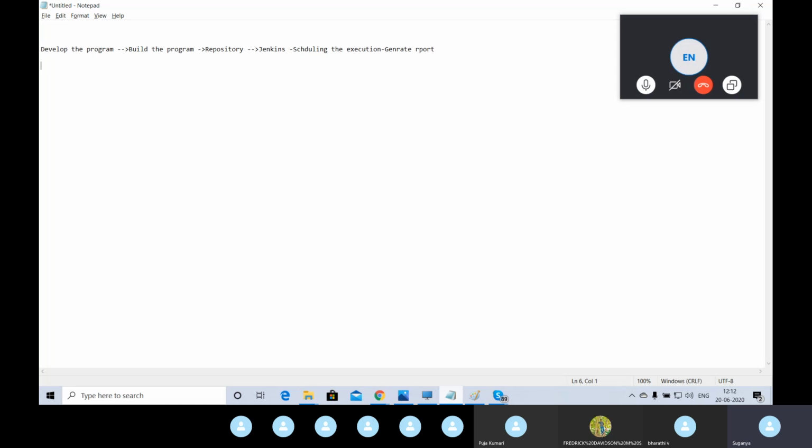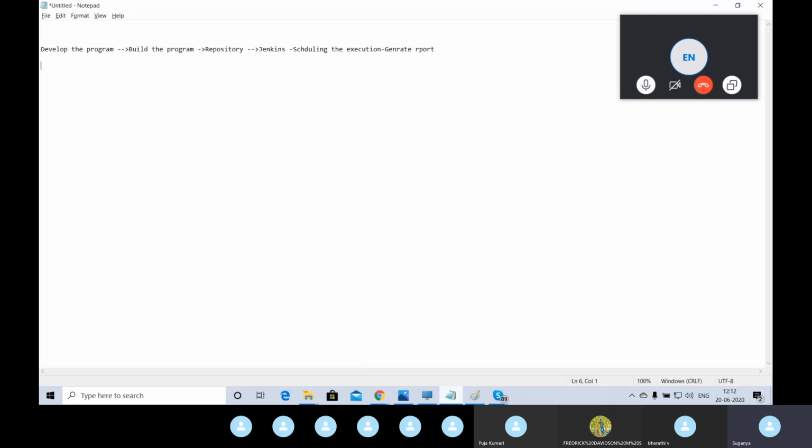So whenever Jenkins is going to trigger the execution, it will fetch the code from the repository. For the repository, you will commit the code. You got it? From that, Jenkins will fetch the code, start triggering the execution and generate the report. This is nothing but continuous integration because it is integrating from one interface to another interface, right?